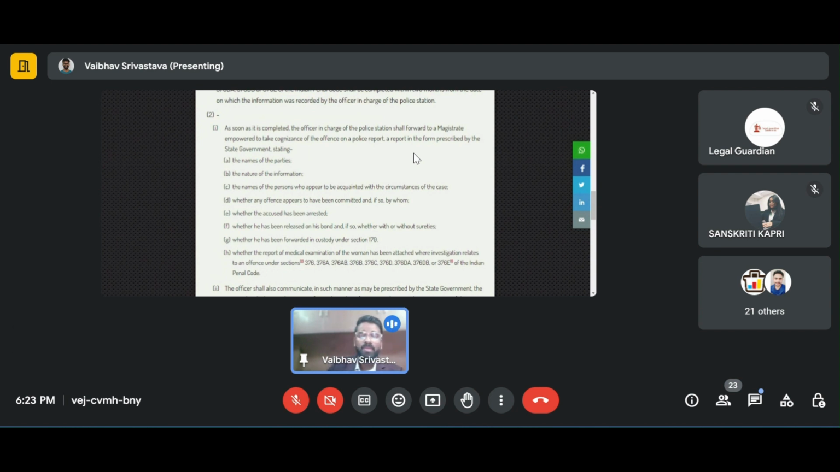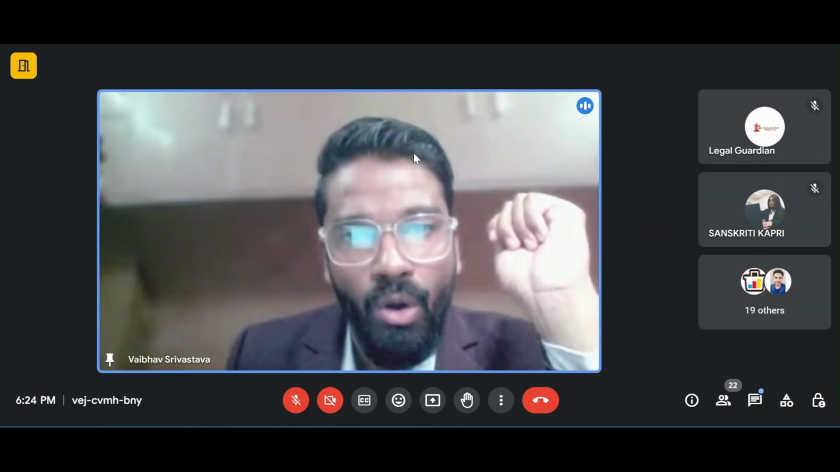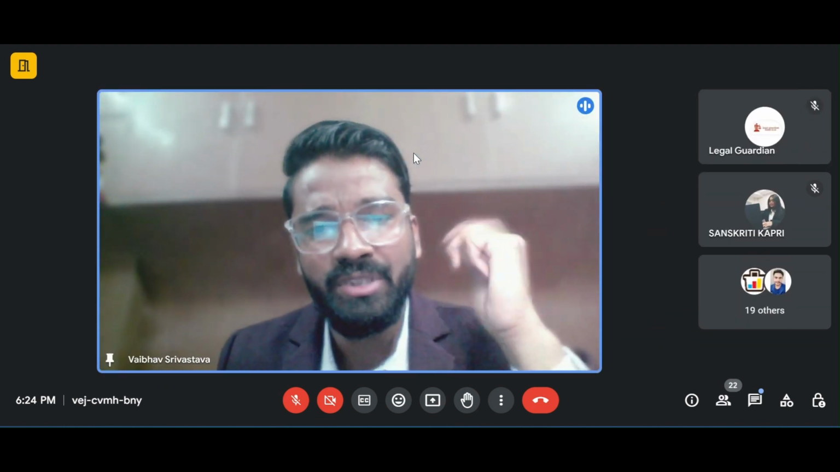So the closure report is filed. We have reached the point where the closure report is filed to the magistrate concerned, stating that the case is not made out. So the magistrate has three things to do. The magistrate can do three things. First, to accept the report, the magistrate can accept the report, or secondly,